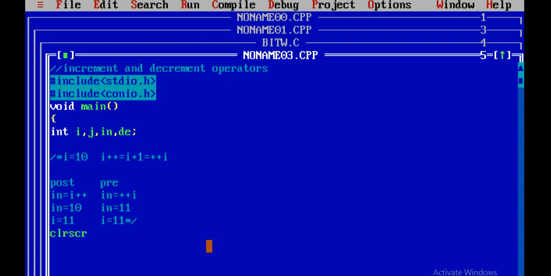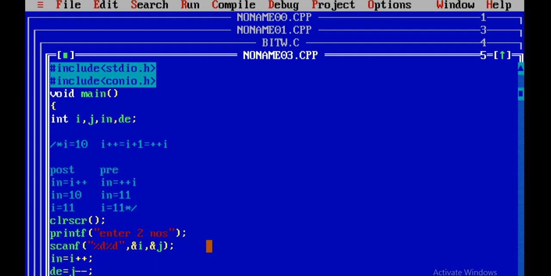Now clear the screen. printf("Enter two numbers"); scanf("%d %d", &i, &j); and close the program. Now I'm assigning in = i++, de = j--.